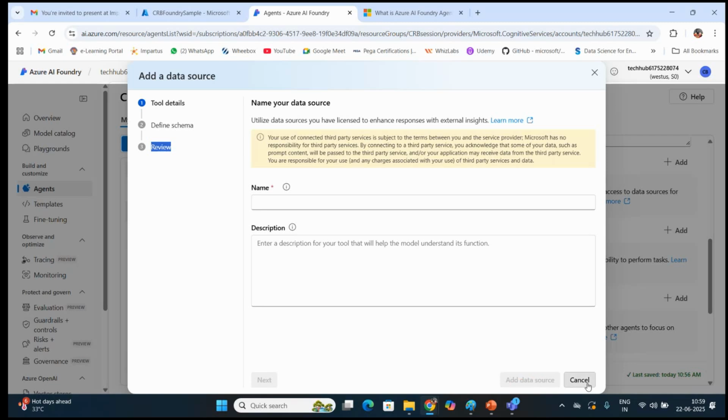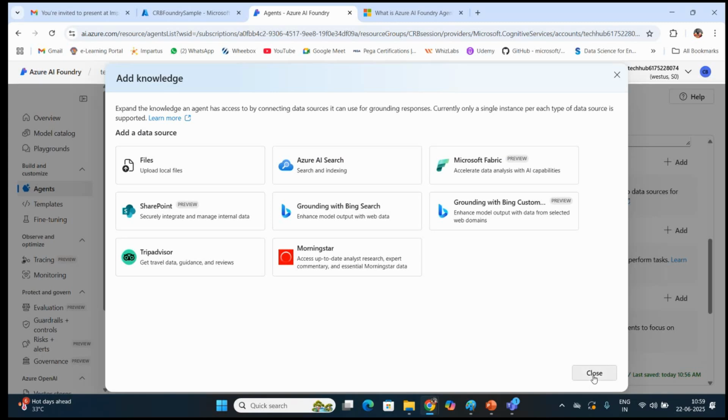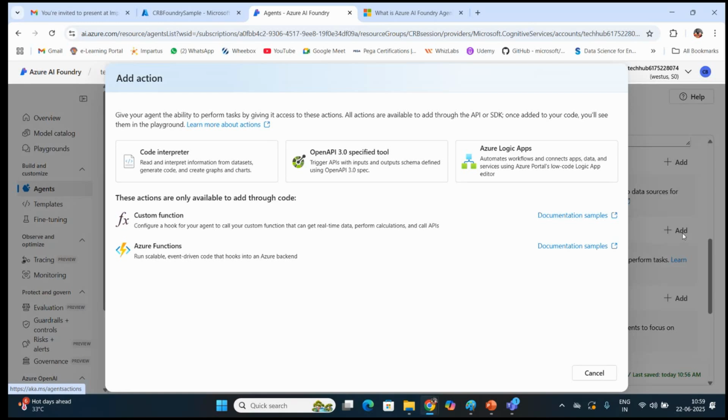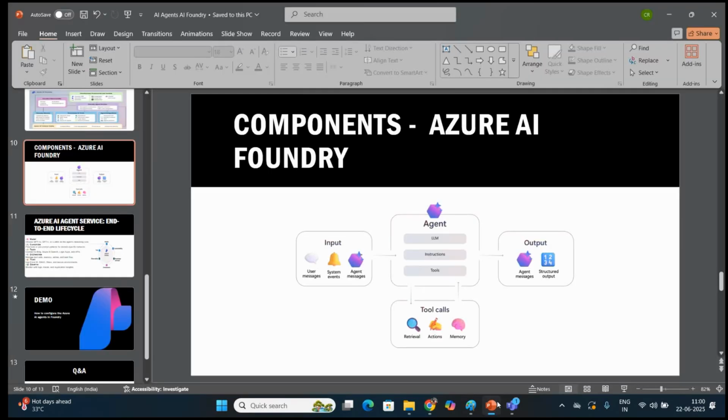Once you have added it, it creates the knowledge source. And then as part of the actions, your data is now added, your customized data is now added.